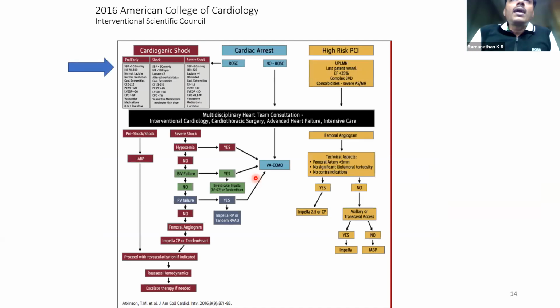Now, I'm presenting the algorithm of the American College of Cardiology, which was published about 5 years back. The main reason I like this algorithm is because of two reasons. One, this was one of those first attempts, I would think. At least this particular edition was more streamlined in that it defined cardiogenic shock better, and there was